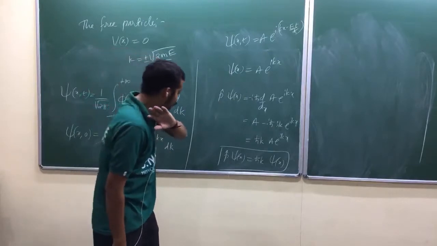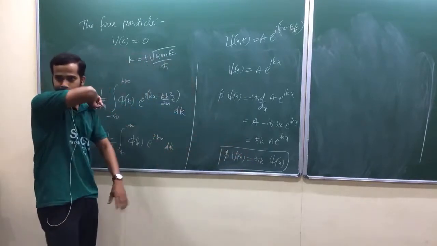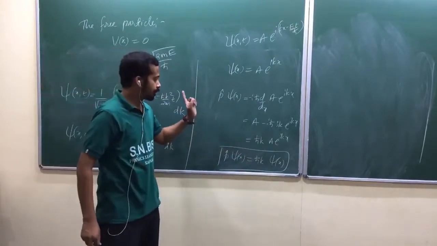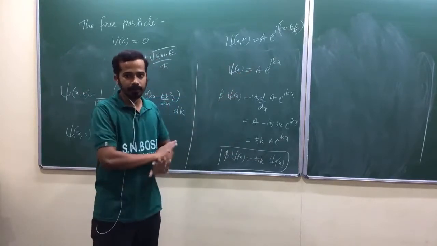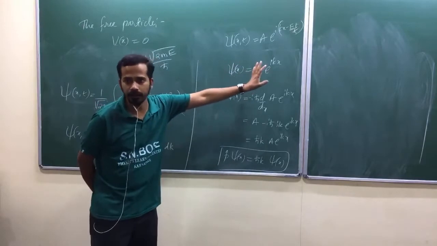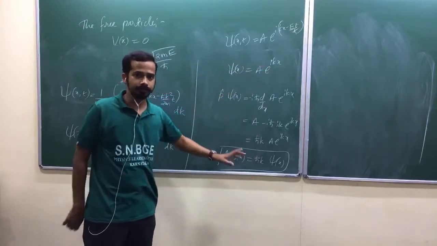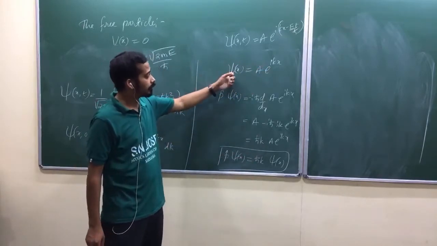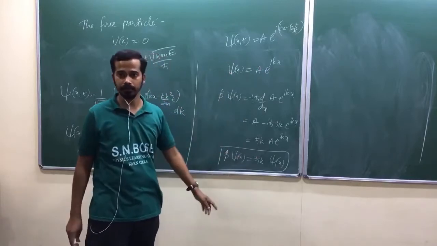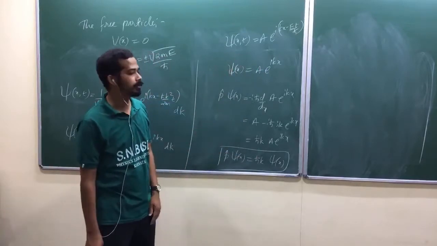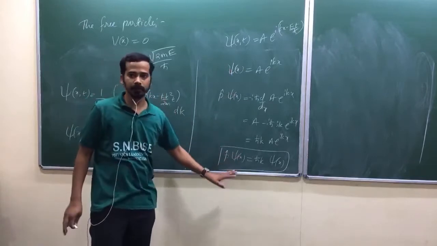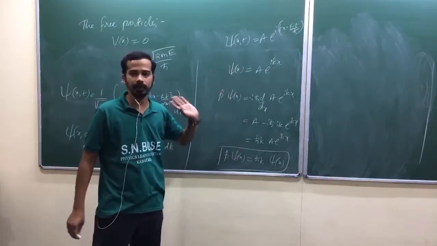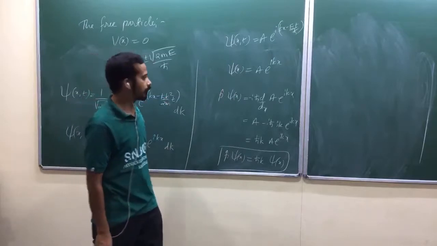Yeah, it will not exist in that state. Wait a second. It will not exist in that state. If you take that one as a state, that's a definite energy state. A free particle will never exist because it is not normalizable. Okay. So that is the conclusion. But observe that this kind of state is a definite momentum state also. That's a definite energy state, as well as a momentum state. It is never possible. We can't have a free particle with this state. Is that okay? So that conclusion is over.